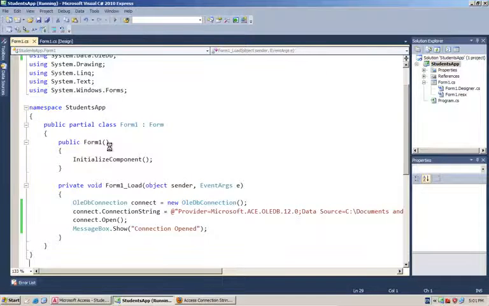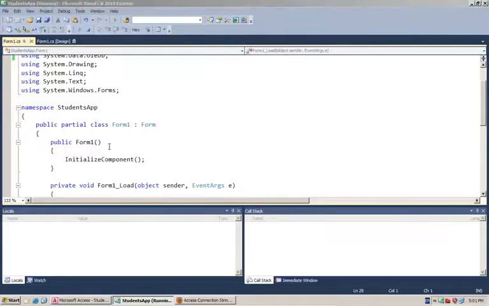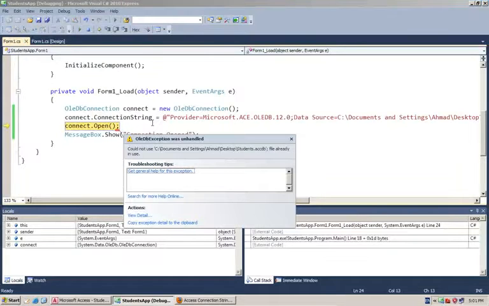Okay, seems like we're going to have an error, and most probably this error is because our Access application is open. Let's wait and see. Yes, that's the same problem. File already in use, so just stop this